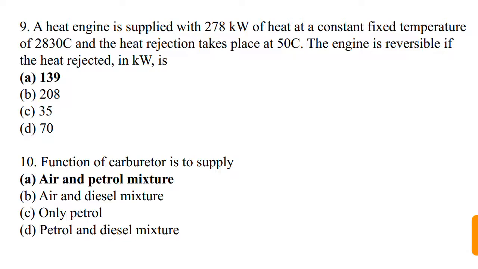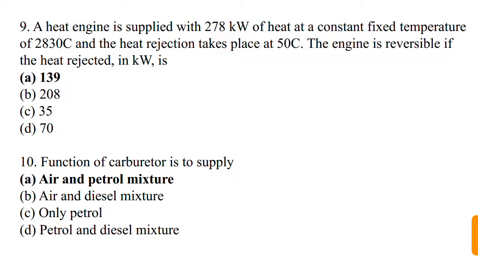278 kilowatt of heat. So delta Q value is plus 278 kilowatt at a constant fixed temperature of 283 degrees centigrade, and the heat rejection takes place at 5 degrees centigrade. The engine is reversible if the heat rejected in kilowatt is, so now